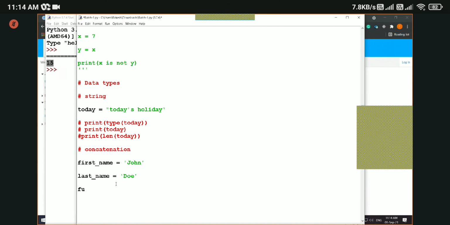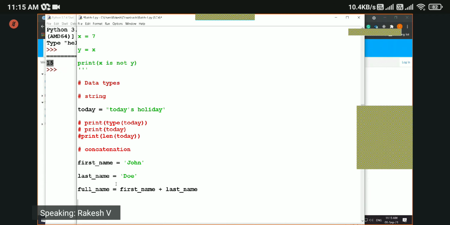Let's define a variable here again. Let's call it full name. Full name equal to first name plus last name, right? If we try to print this full name,